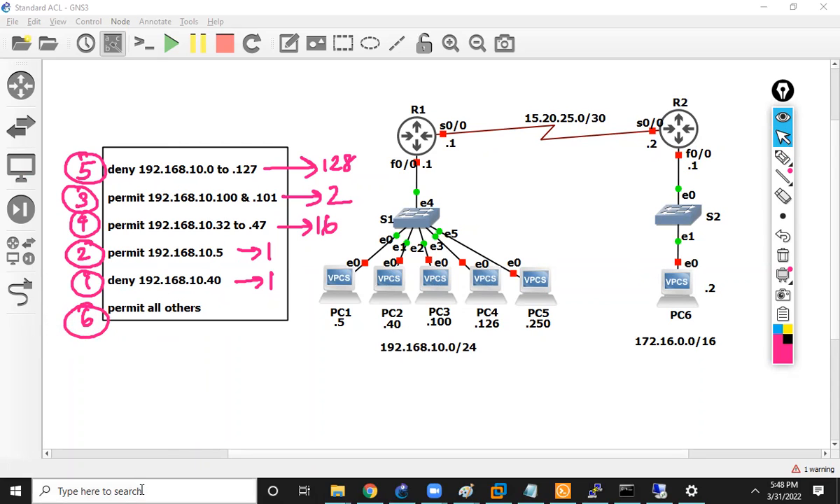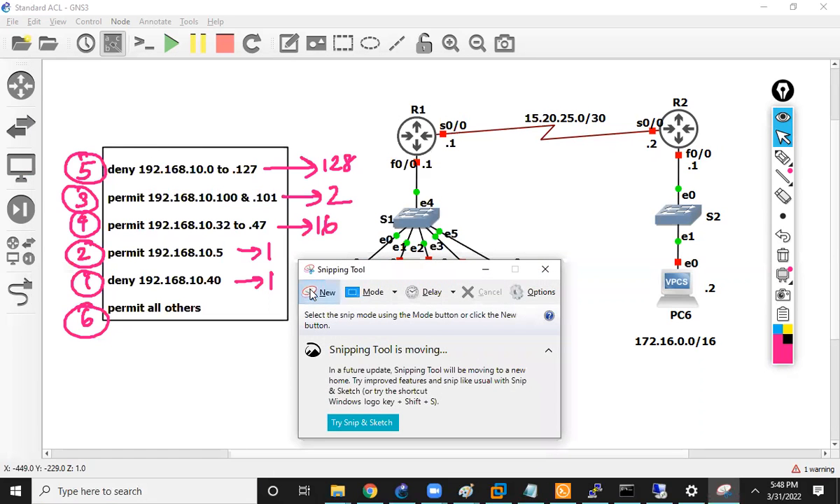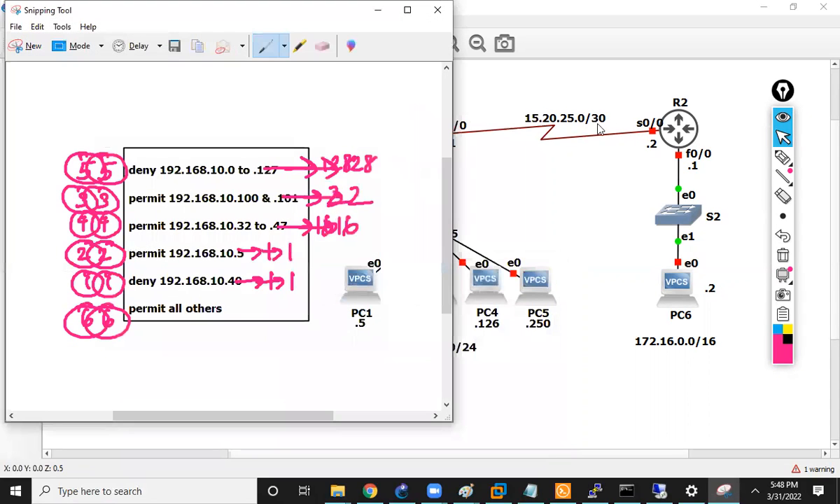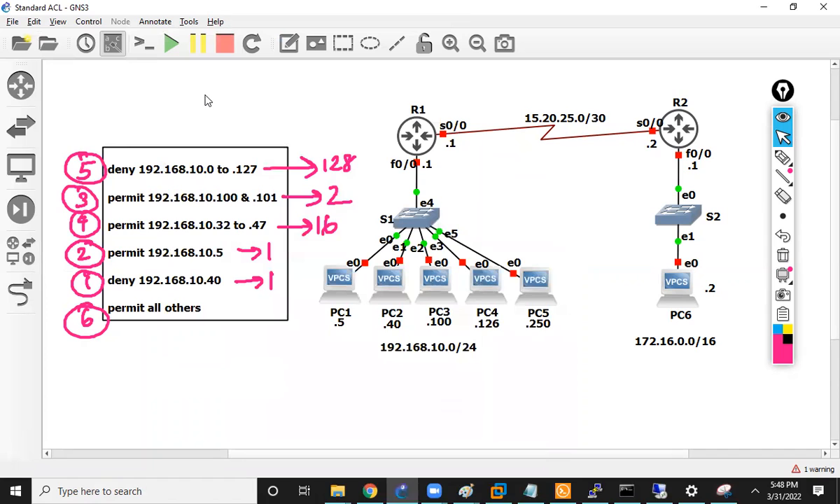Okay, so now let me take a screenshot of this one. So here this is how you're going to write it. I'll be telling you the command syntax and all later. Now that we have written the ACL,